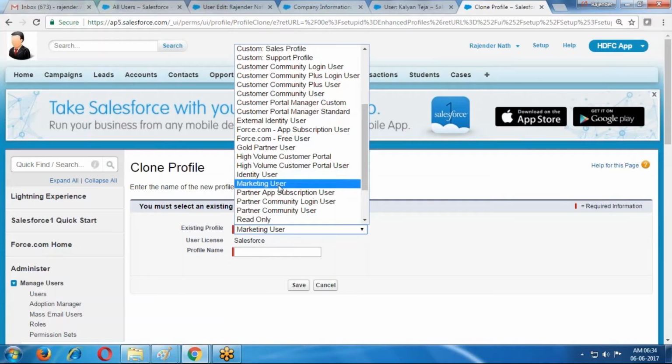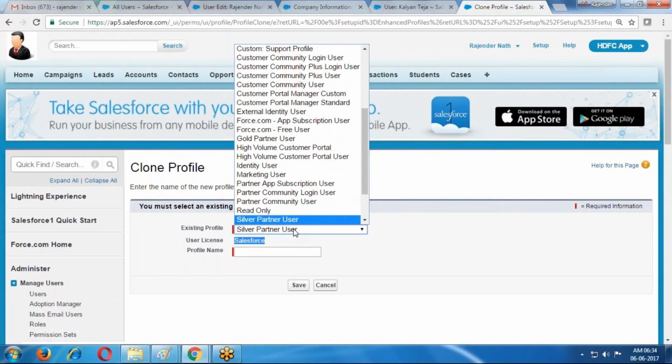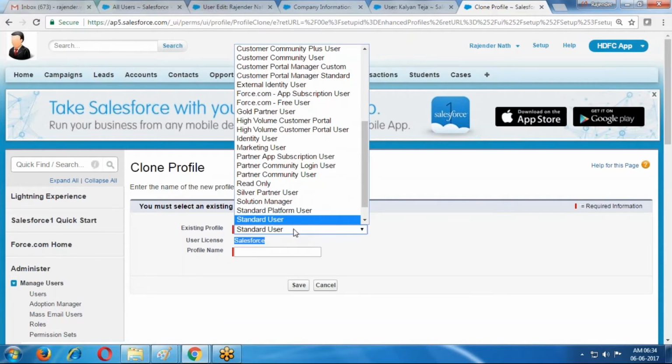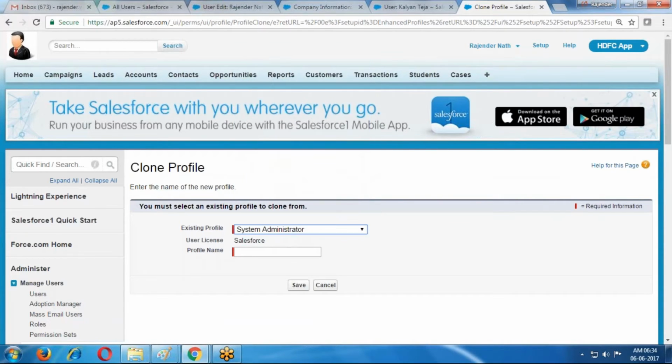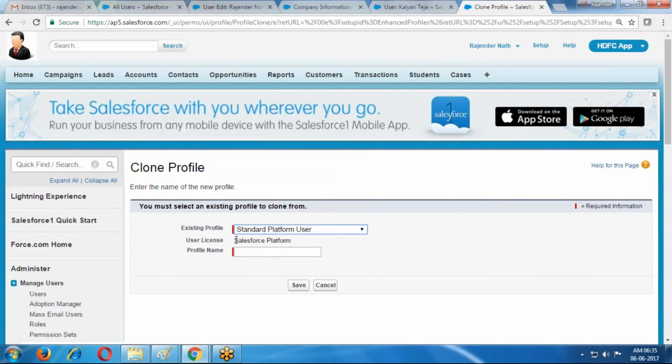Marketing user is also a Salesforce license. Like this, system administrator is also a Salesforce license. These profiles you can assign to Salesforce license users. Suppose I created from standard platform user, then only Salesforce platform users you can provide.